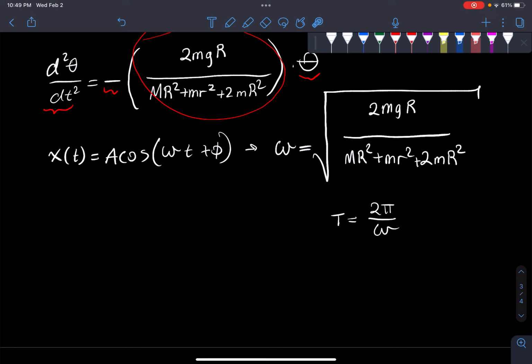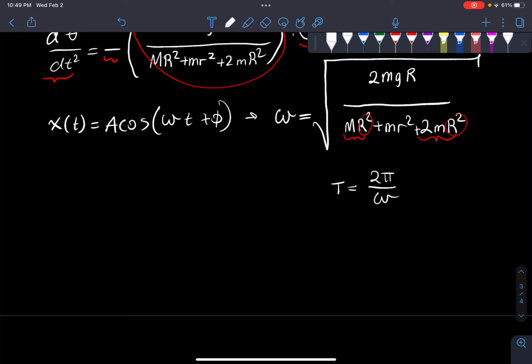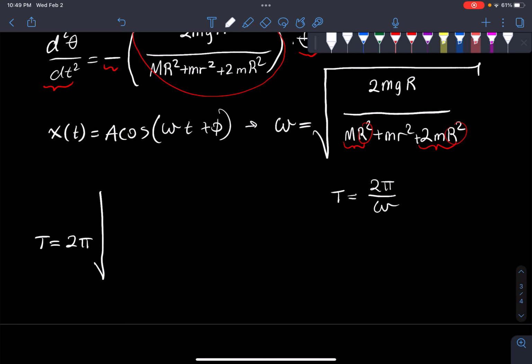At the same time, I'm going to rewrite the numerator a little by grouping these two together and factoring out the r squared. So the period equals 2 pi times the square root of, flipping the fraction because omega is on the bottom, factoring out the r squared, I'm left with